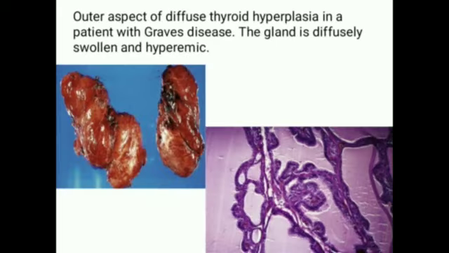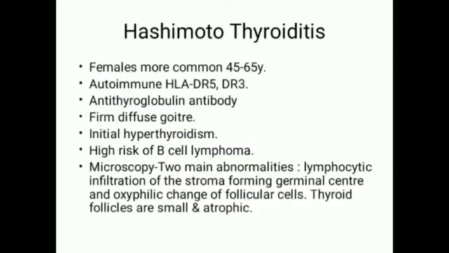Fine. So here you can see the picture which is swollen and hyperemic. Hyperemic means somewhat reddish. There is reddish type of hyperemic gland, and in the histology you will see there is papillary enfolding and pale looking type of colloid is present, and papillary means the epithelium is projecting outward like this. Okay. Another one is Hashimoto's thyroiditis.